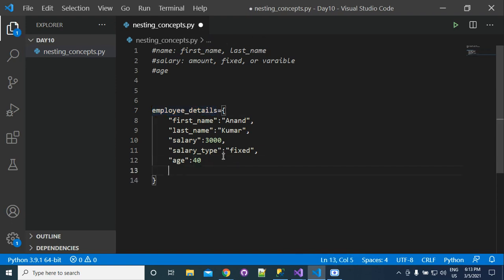So that will be a key again added to the employee details. That is not a good way. We want every component of salary to be present as only one value. Okay, so that is the problem.